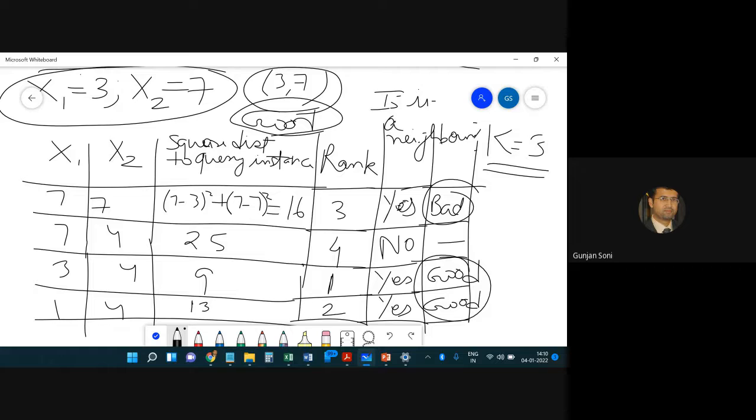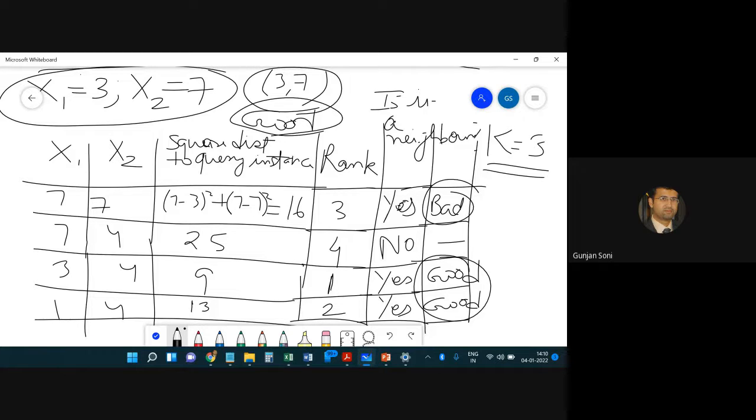Okay, so here the majority is good in 3, k equal to 3. And it is also advised that we should always take k as an odd number. Can anyone tell why we should take k equal to an odd number? Sir, so that we can clearly have a majority. Yeah, so as to break the tie. I mean, you don't get an even split of two good and two bad. That kind of situation should not be there.